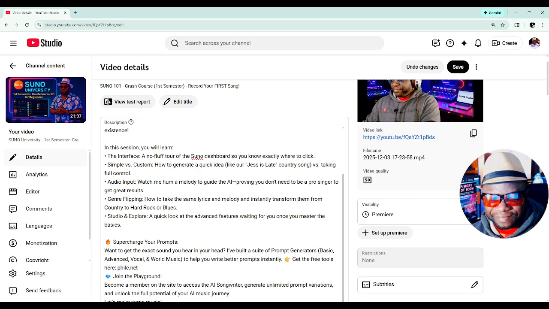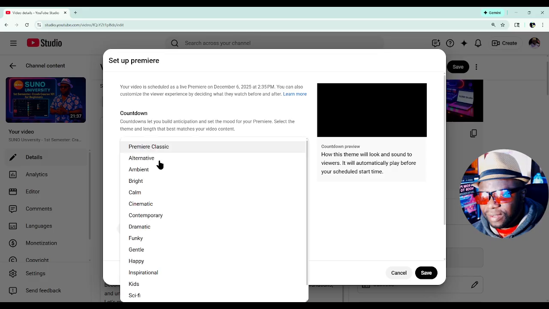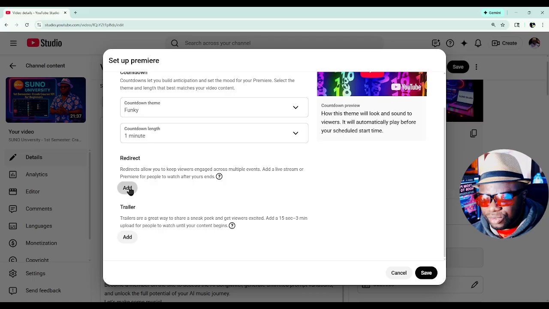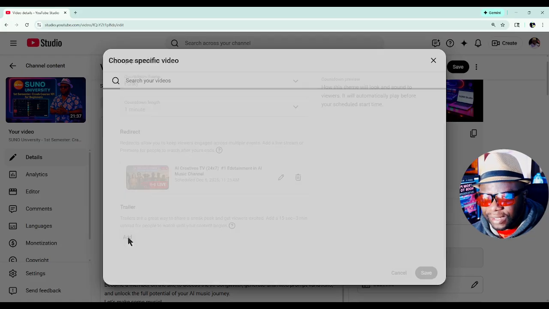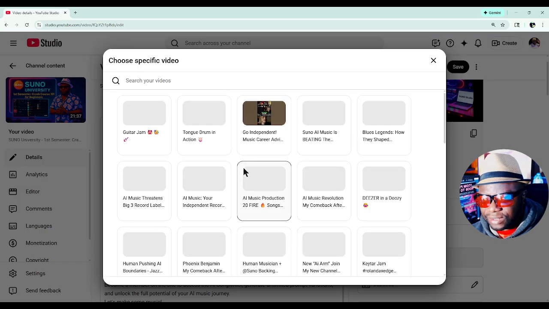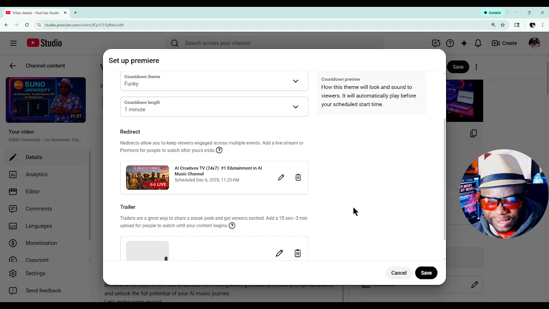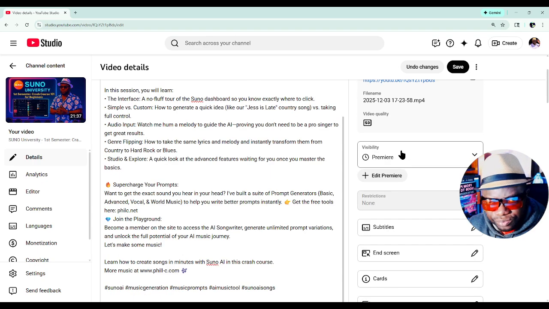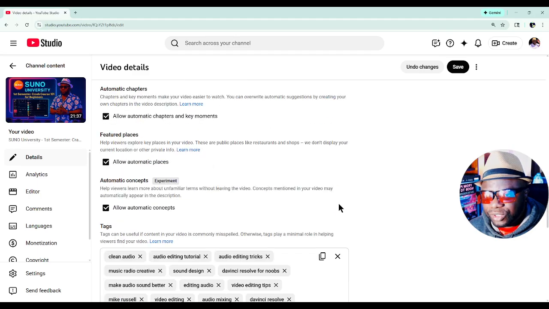So I'm going to click done, and I'm going to click on setup premiere, and over here I can set up the countdown theme to be any of these. I'm going to click on funky. I'm also going to use redirect so that it redirects to what we have coming up later or what we have going on now. I'm going to click on that. And for the trailer, I'm going to select, let's see, let's select Beatology and hit save. Now at this point, my premiere is ready to go, but if you scroll all the way down,